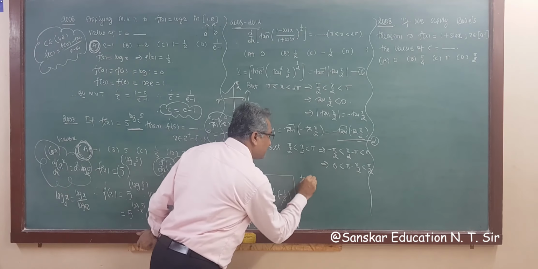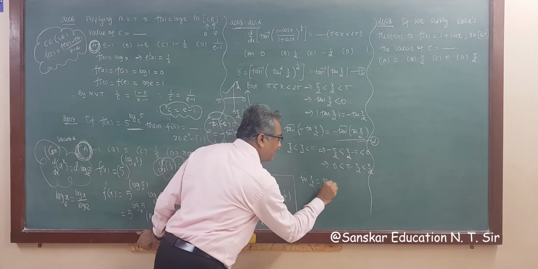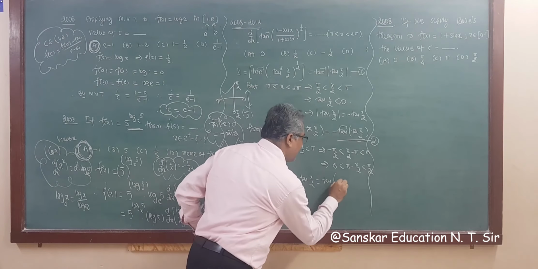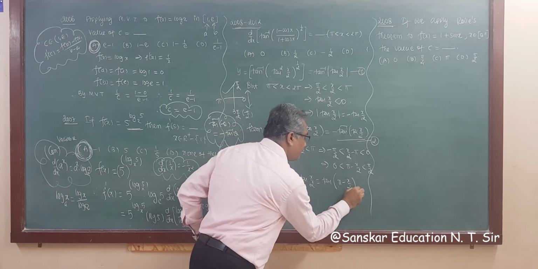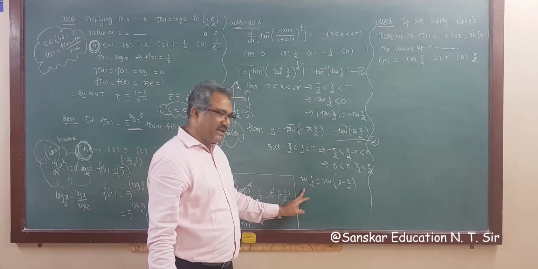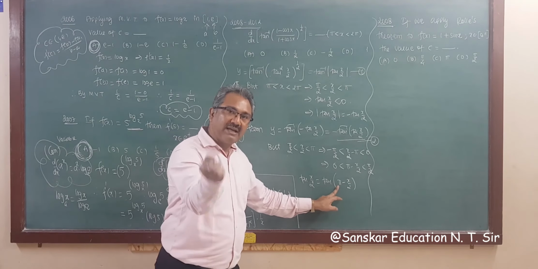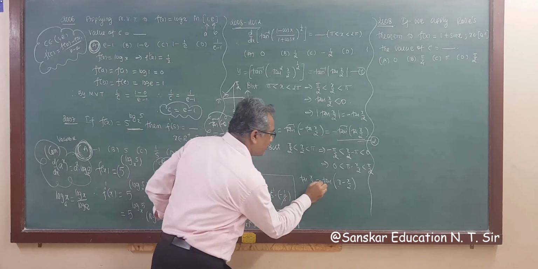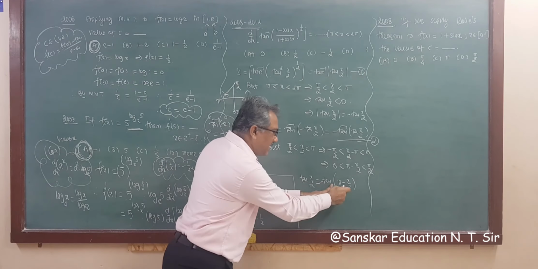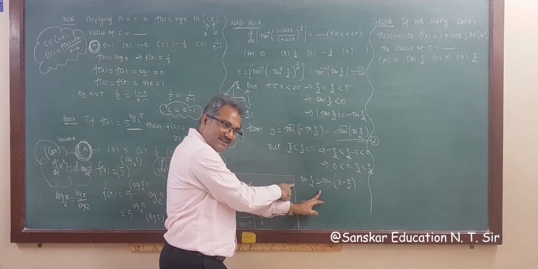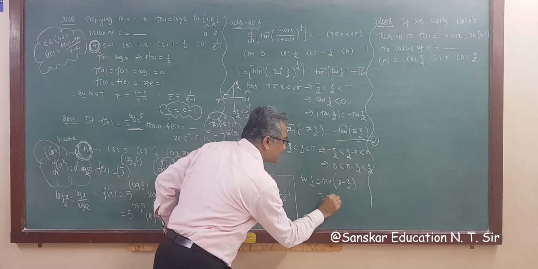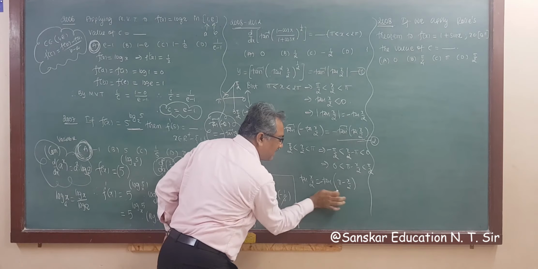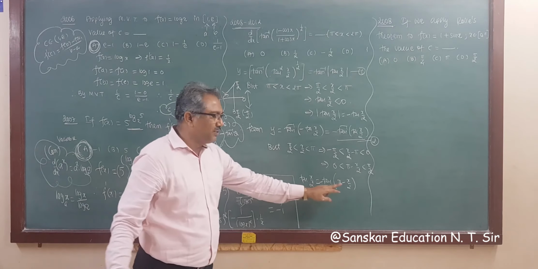So tan x by 2 is equal to tan, now what do we have to write? Pi minus x by 2. So tan of pi minus x by 2, right? So tan x by 2. But tan of pi minus theta, in the second quadrant, tan is negative, so we have to put minus here. Then this minus and this minus become plus, right? So this is minus tan of pi minus x by 2. So tan x by 2 is this.